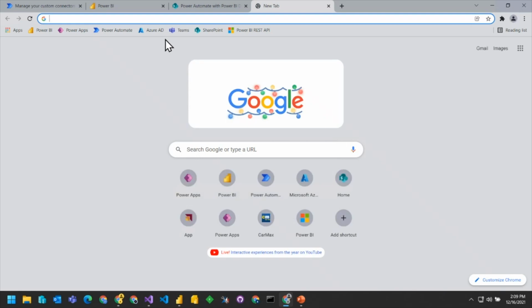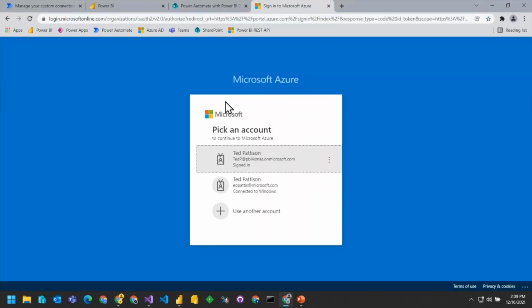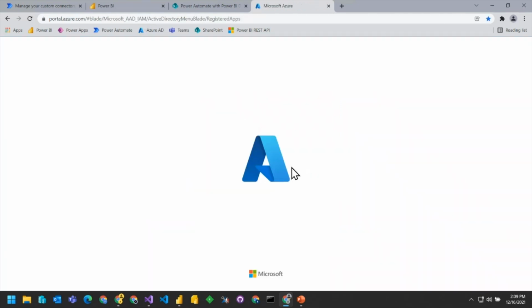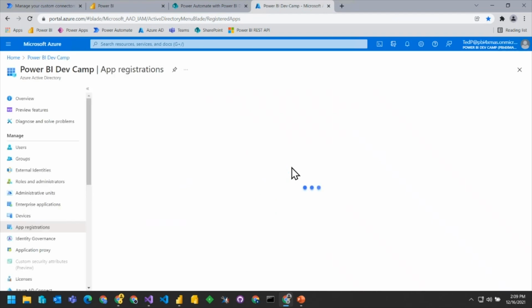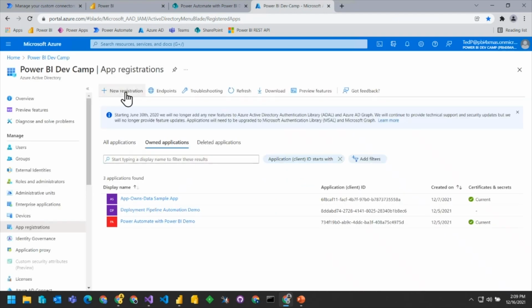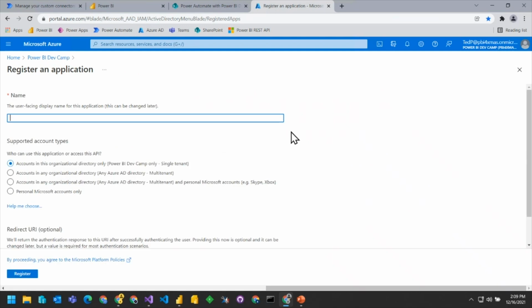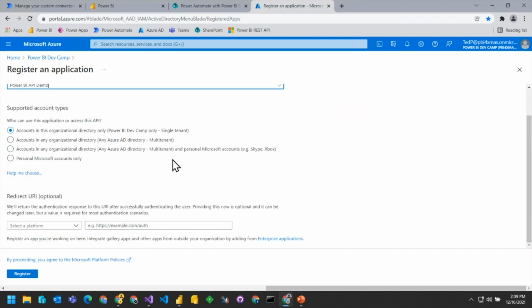Now, once you've added this inside here, you're going to have an Azure AD application. So the idea here is, let's say that we go over into Azure AD. Once I get into Azure AD, we're going to need permissions to create things inside there, in particular, an Azure AD application. So let's go ahead and click New Registration. We'll call this Power BI API Demo, and we're going to leave it with the first section inside here.